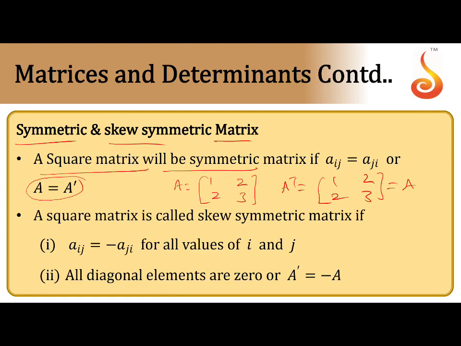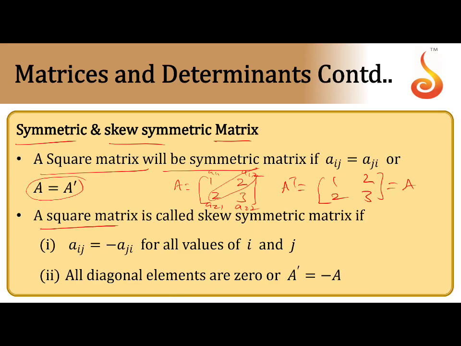So then you call it a symmetric matrix. So observe here Aij equal to Aji. This position is A11. This is A12, A21, A22. That means A12 should be equal to A21. These two are equal. Then obviously it is a symmetric matrix of second order. The same way you can define it for third order also.